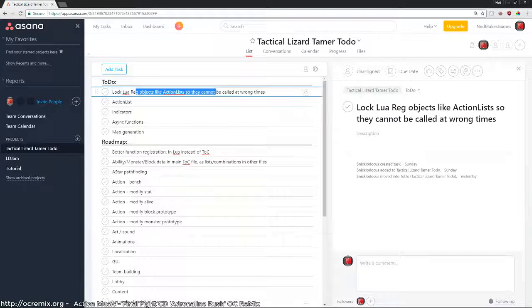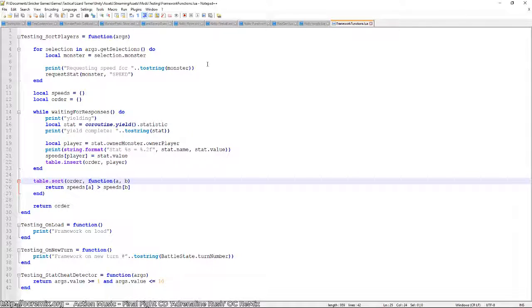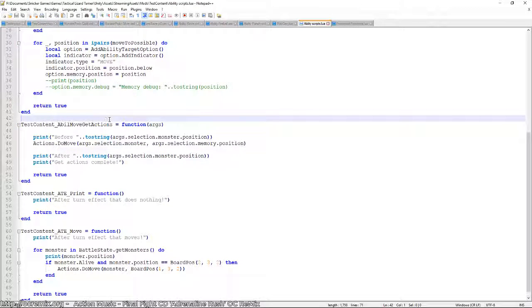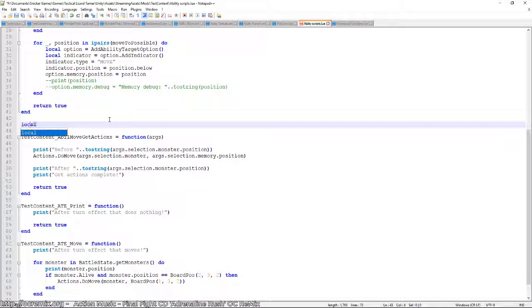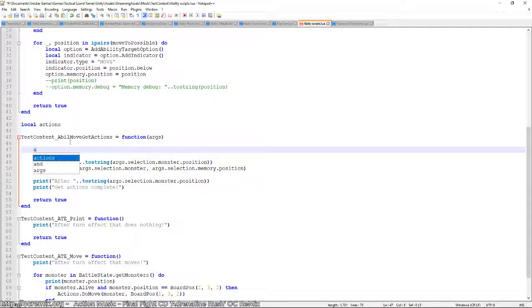First, let's start here. So again, this issue is that, say, during the sort players, or I guess probably ability move get actions would be more relevant here. So during the ability move get actions, we would cache the actions variable and do something like actions equals actions. We don't need a semicolon. And then